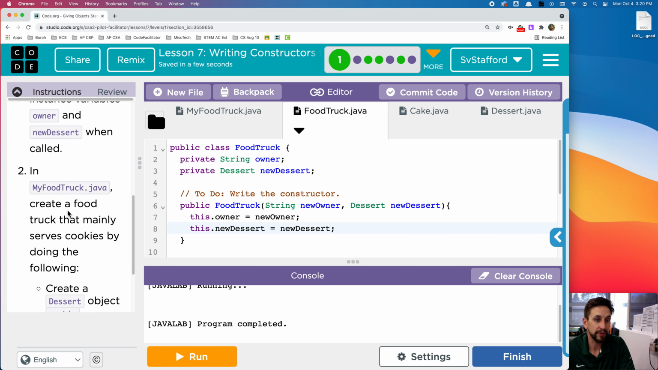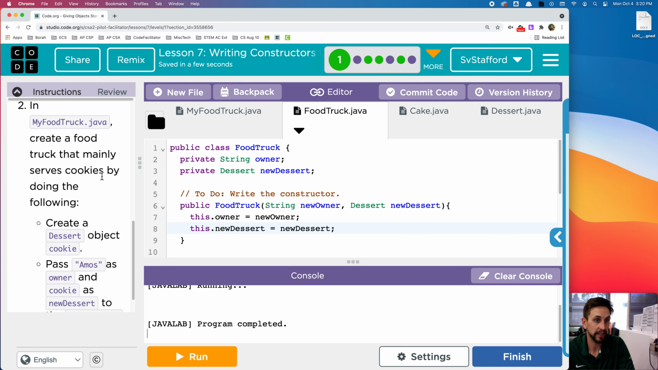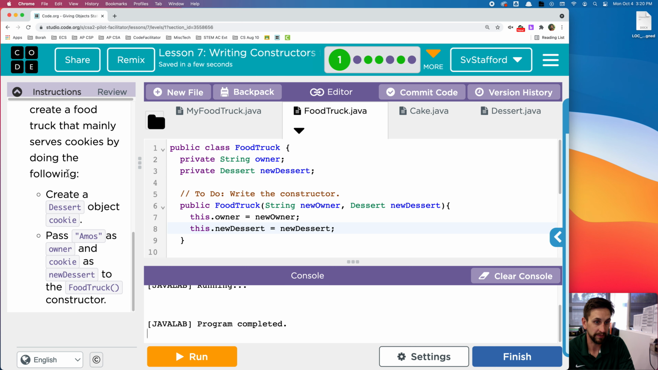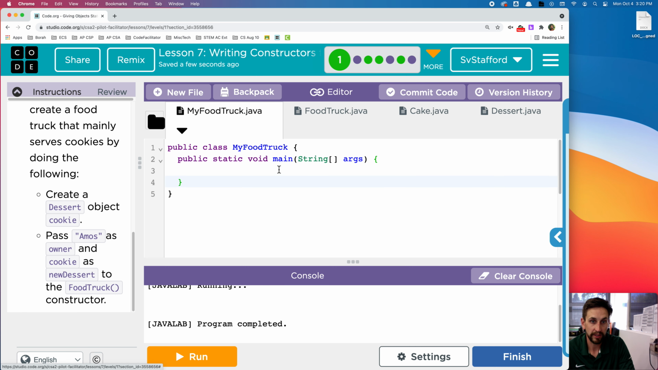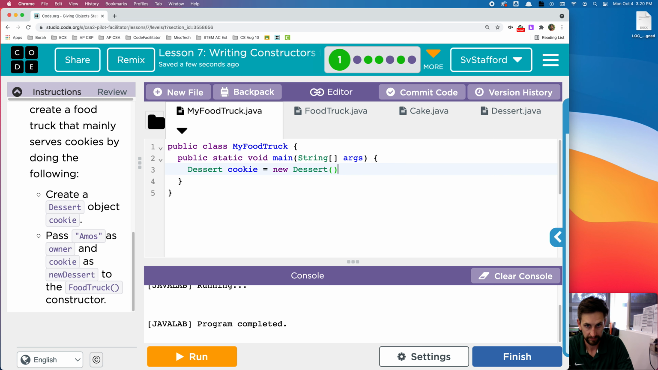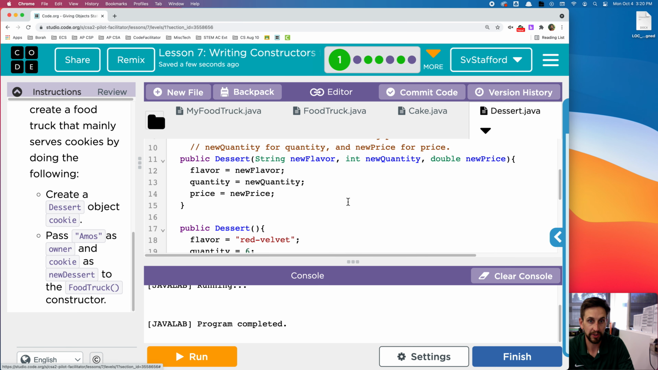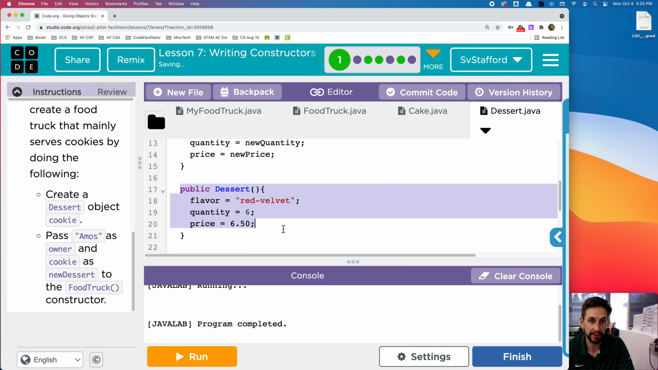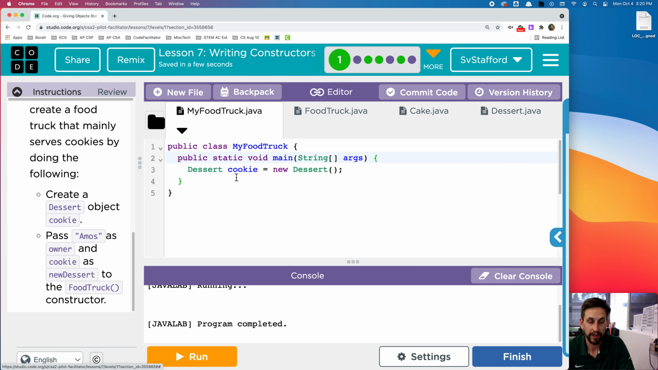And then in MyFoodTruck.java, create a food truck that mainly serves cookies by doing the following. So in MyFoodTruck, in the main method, create a Dessert object cookie. So I'm going to say Dessert cookie equals new Dessert open and closed. Just to make sure, I'm going to see if I've got a Dessert constructor with no parameters, and I do. It's the default of red velvet. So I'll head back,